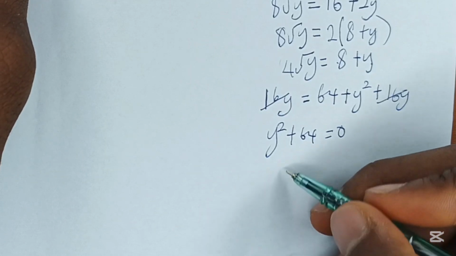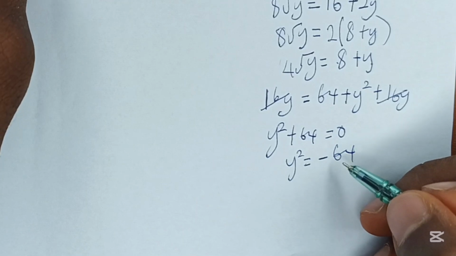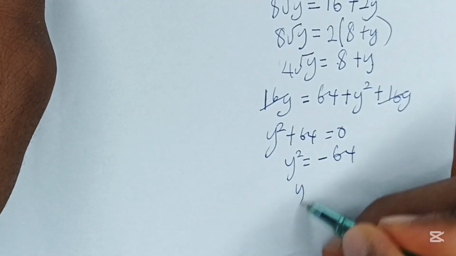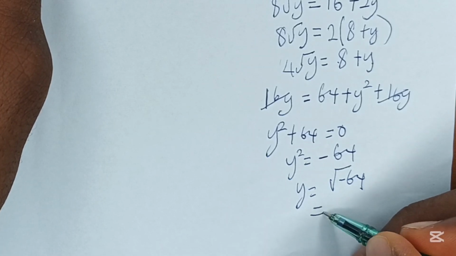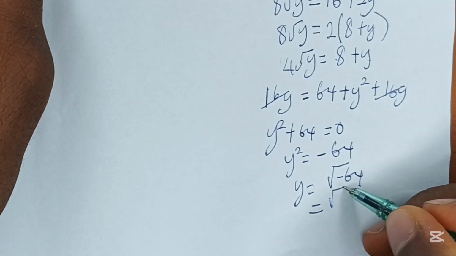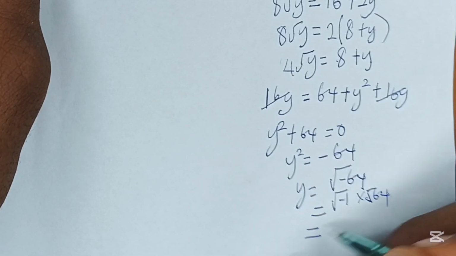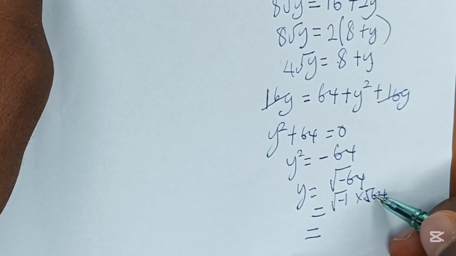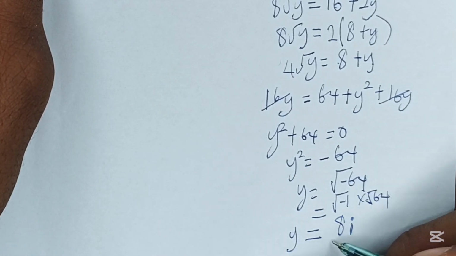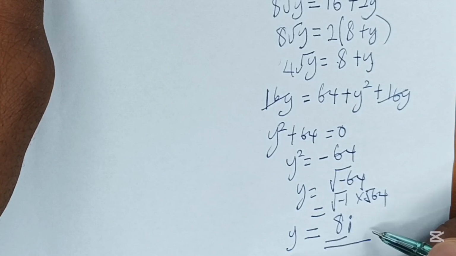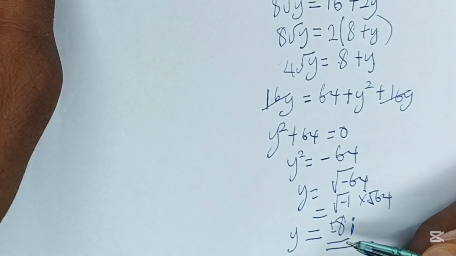Now y squared plus 64 is equal to 0. It means that y squared is equal to minus 64. Hence we have that y will be equal to square root of minus 64, which is equal to square root of minus 1 times square root of 64. And this is equal to, square root of minus 1 is i, and square root of 64 is 8, so we have 8i. Okay, so y is equal to 8i. Okay, so you can add plus or minus, and this is